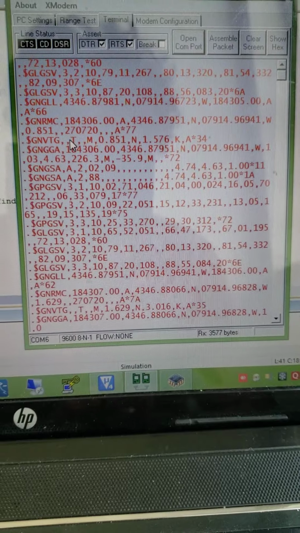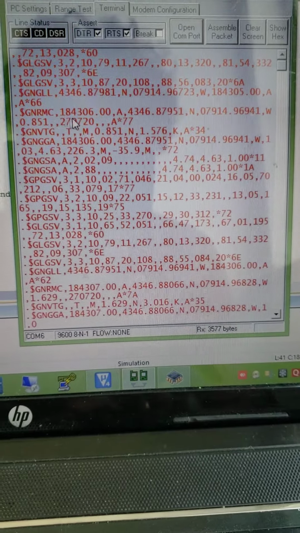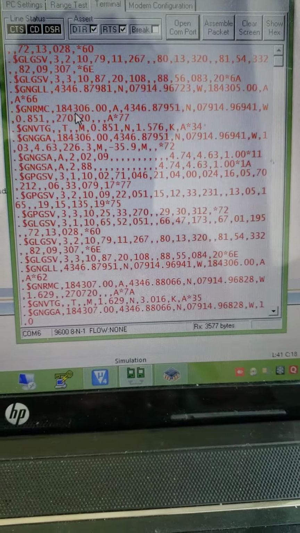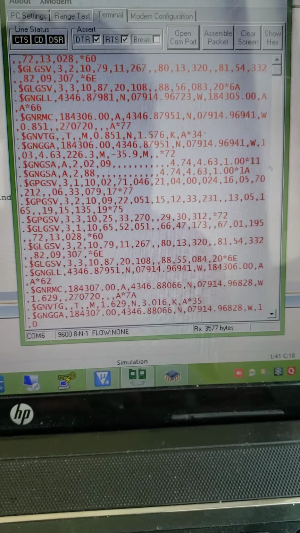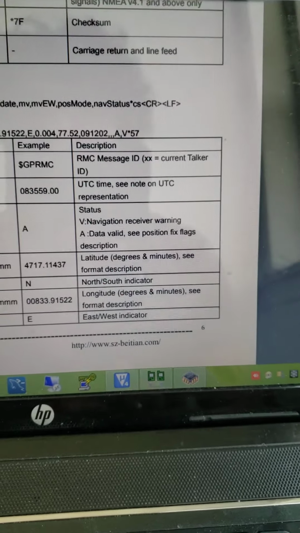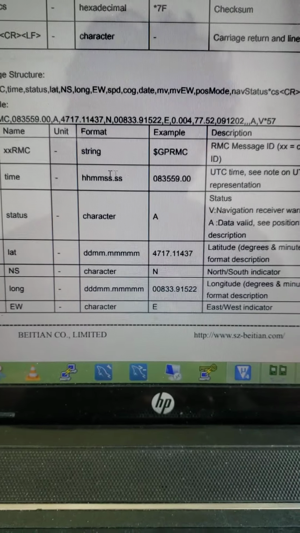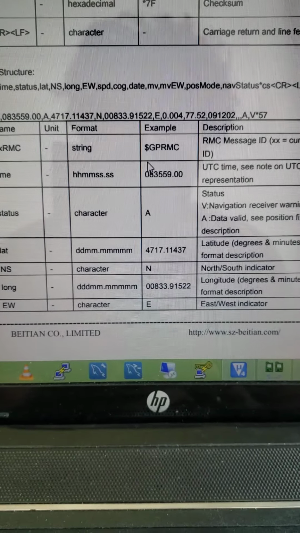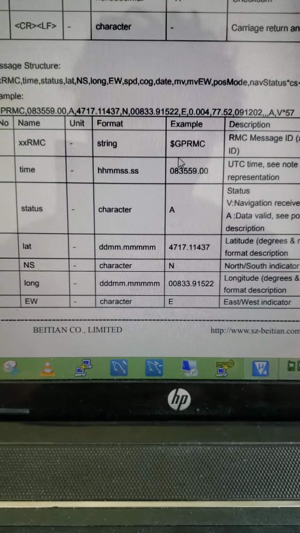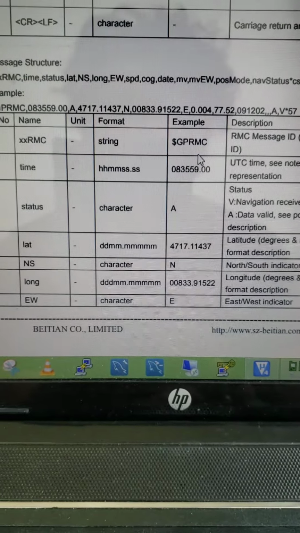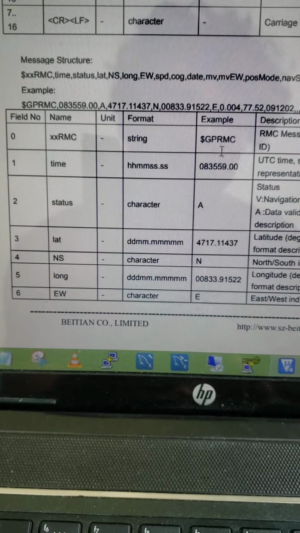Here I'm going to use the GNRMC data, as you see I have opened its datasheet. First of all, the string sometimes shows GNRMC, or in some formats it shows GPRMC.